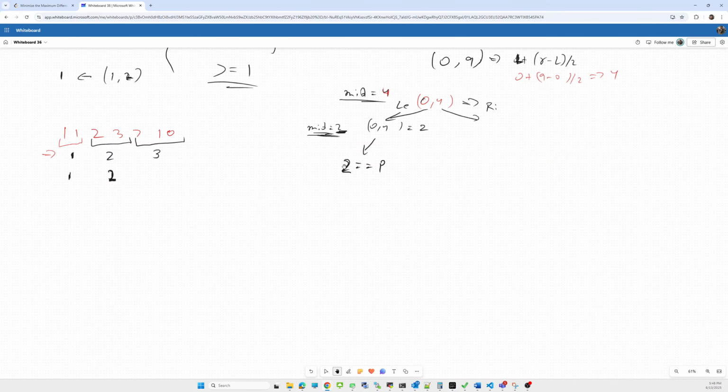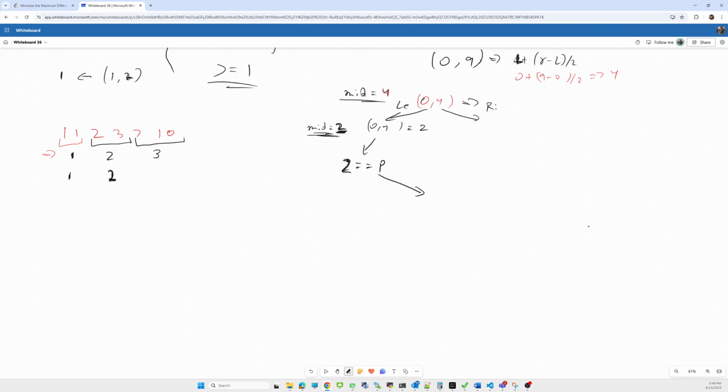Now again, the number of pairs in this range 0 to 4, for the target value of 2, is still equivalent to p. Now we have to go right.